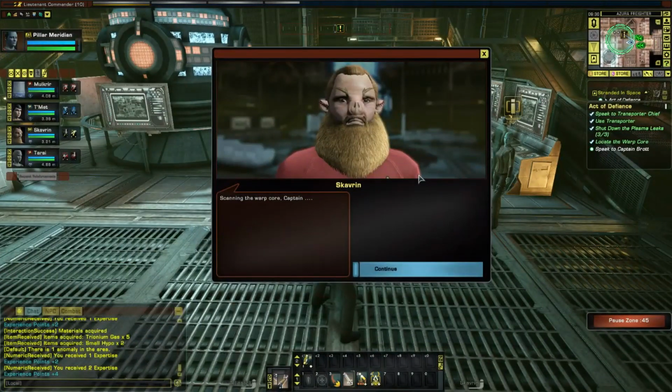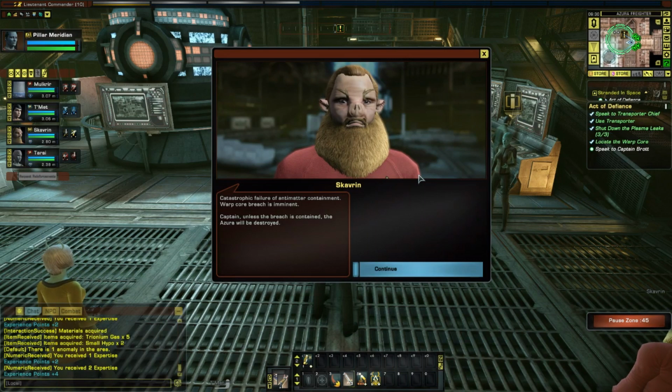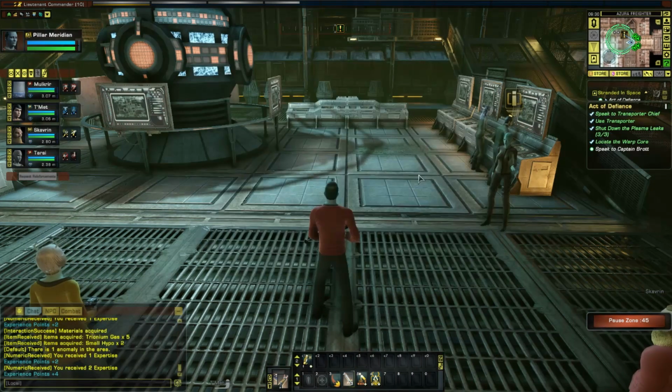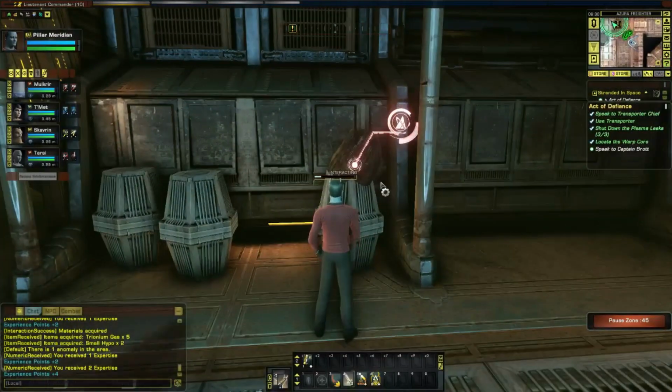Here we go. Scanning the warp core, Captain. Catastrophic failure of antimatter containment. Warp core breach is imminent. Captain, unless the breach is contained, the Azura will be destroyed. I am the man for that job, but first...